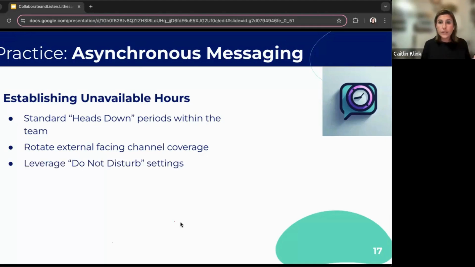And then another really great thing to do is to leverage the settings within these tools that they already have. Both Slack and Teams have the ability to set do not disturb. You can even add detail about what that do not disturb means, because if you're always on do not disturb, then people are going to interrupt you, right? Like, oh, it doesn't matter. They're always on do not disturb. It doesn't mean anything. So if you say something, you have to give people hope, right?